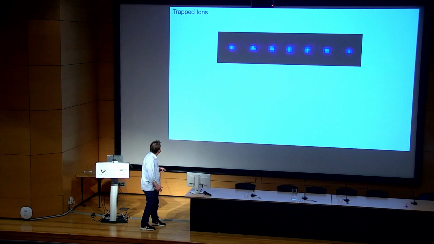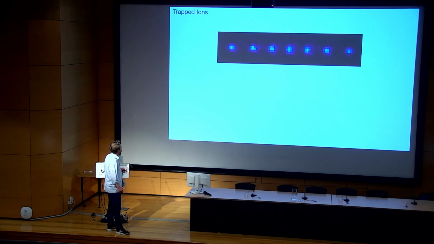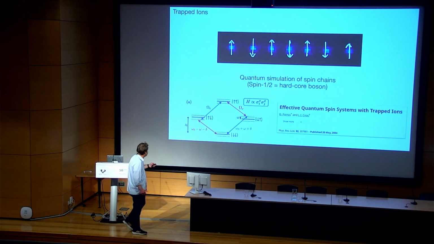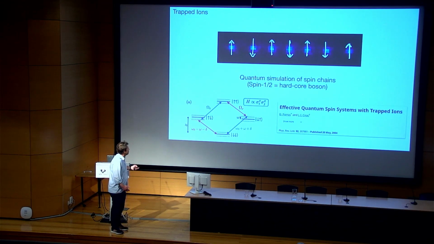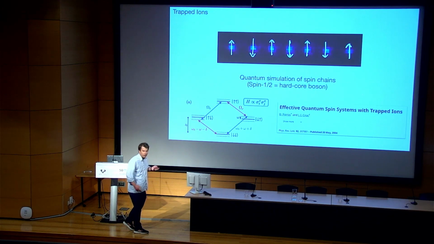Yeah. So this is a chain of trapped ions. If you take trapped ions and throw them into a Paul trap, then these ions align. So you have a 1D structure, and one typical thing that is done with these trapped ions is that you prepare them in two possible internal states, and then you have something like this. You have a spin chain, yeah? A spin 1/2 chain, and you can, of course, map spin 1/2 objects onto a hardcore boson. So you just say spin up is an occupied site, and the spin down is an empty site. So then you have here a chain of hardcore bosons.